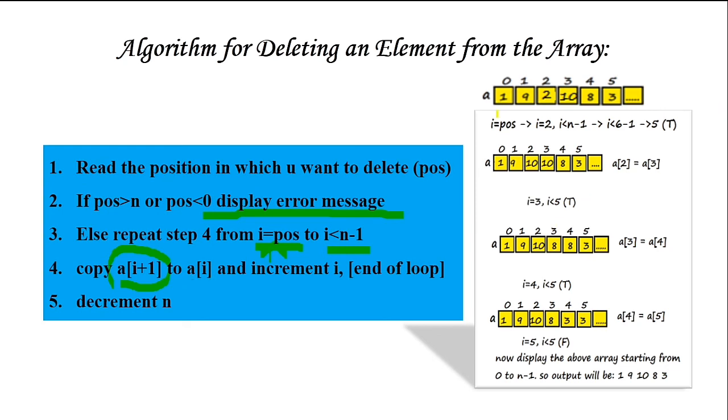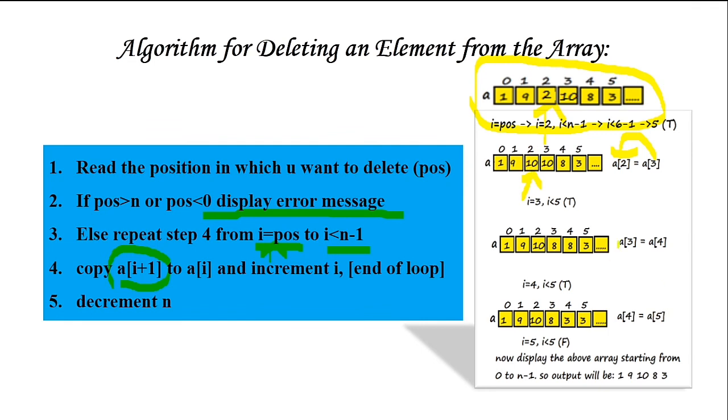For example, you can see here this is the array you have, and I want to delete from position 2. So what I am going to do is copy this 10 over to this position. Here in this step you can see 10 in this position, right? And after that, A of 3 is copied over to A of 2. So 10 was there in A of 3, and A of 2 is overwritten with the 10. Now in the second position you got 10.